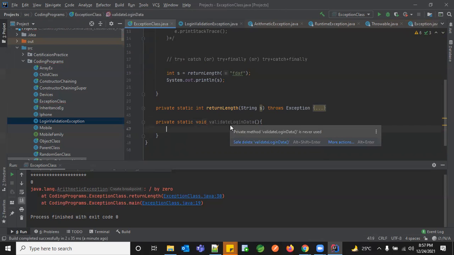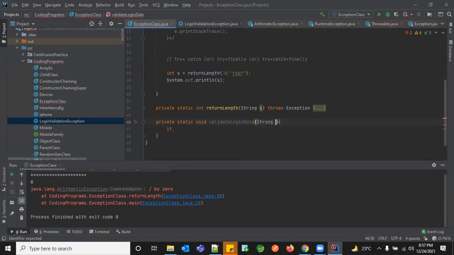now let's evaluate, let's get the input string password. If my password dot length is less than 8, throw new login validation exception, please enter password with 10 or more characters.